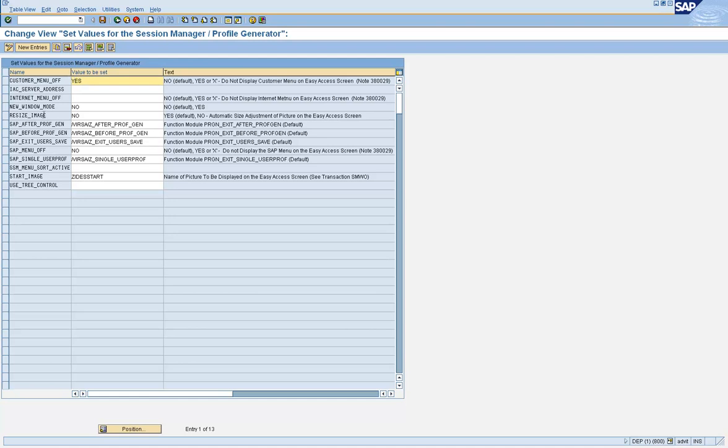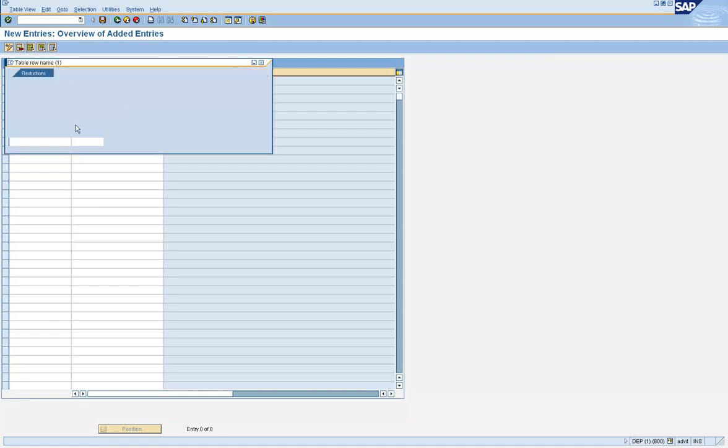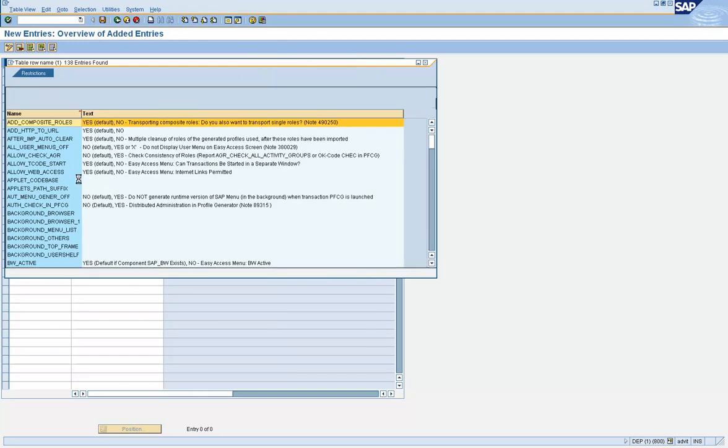But let's say you have other parameters too. For example, we'll check out some of the parameters. So we go to F4 and look at some of these parameters. When you try to transport a composite role in PFCG, it gives a checkbox asking, do you want to transport the single roles also?